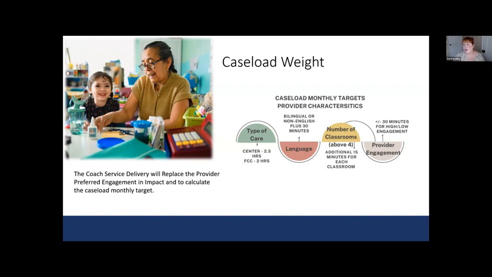Or the same for if you have someone in group coaching and they had more need in a given month and you had capacity to support them, there's never going to be any kind of red flag over, hey, this person is in group coaching, which is a low level, and you did far above that. So it's really meant to be a framework and a guidance, rather than anything that is restrictive to what's actually going to happen, because we know that there are all kinds of circumstances that might influence how things happen.